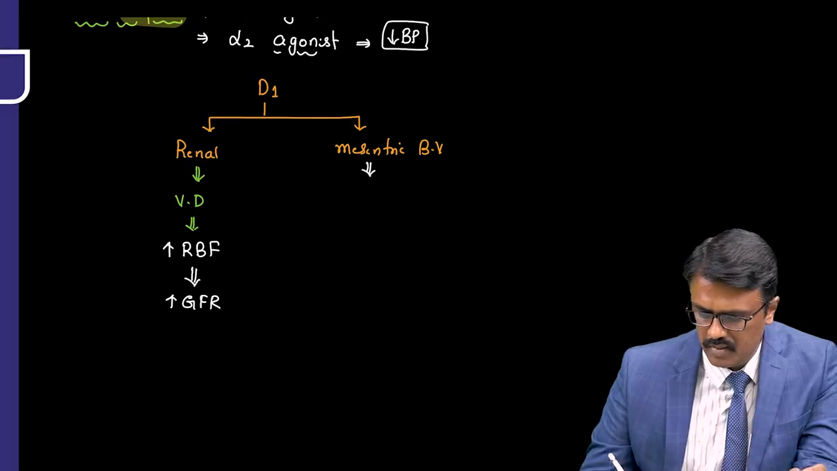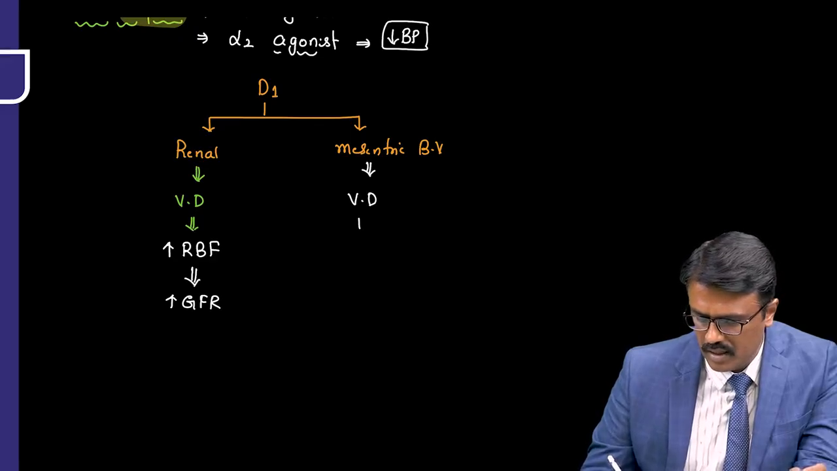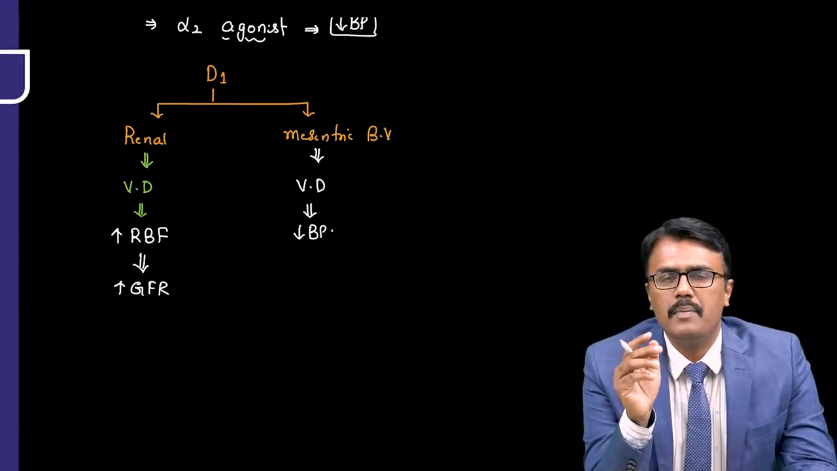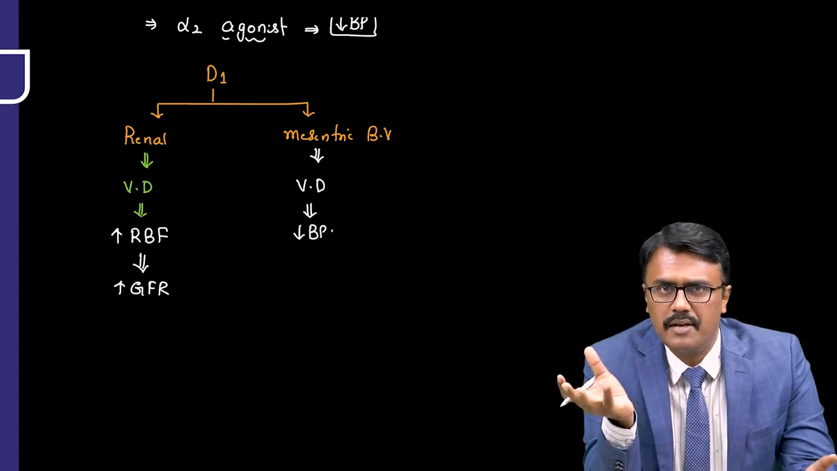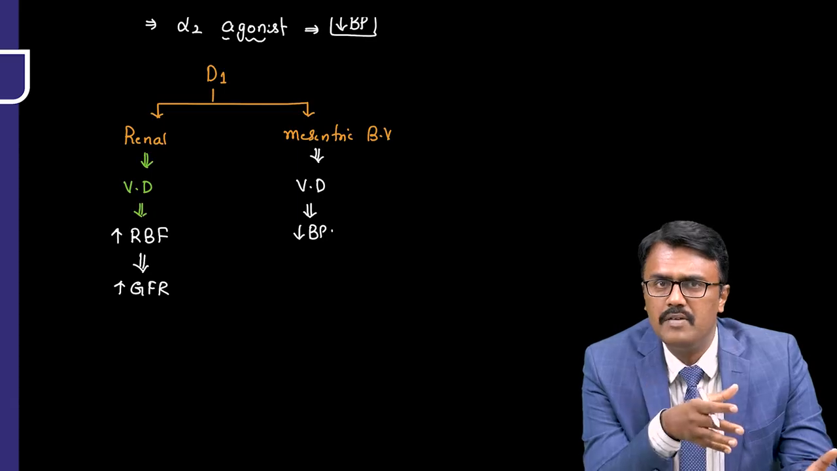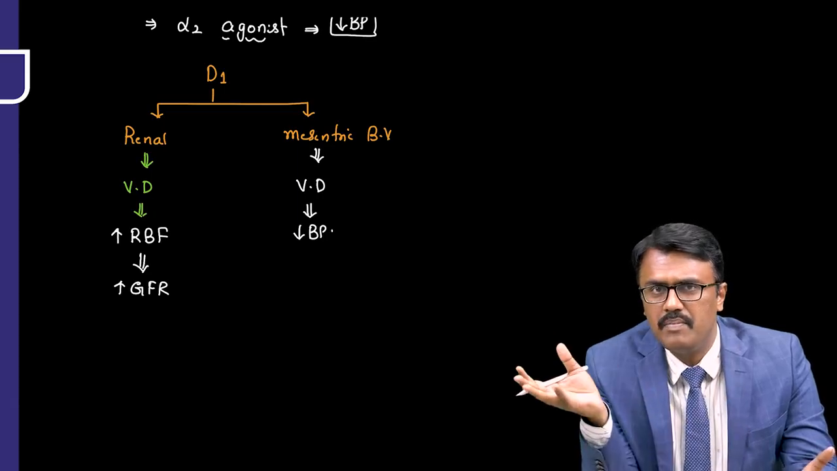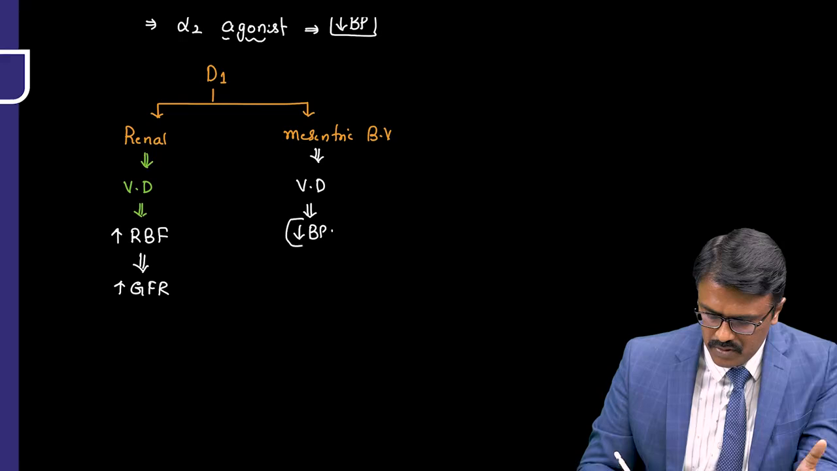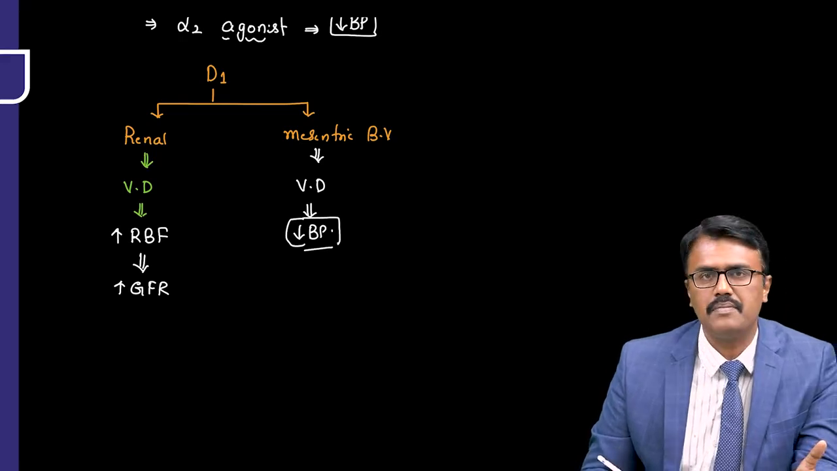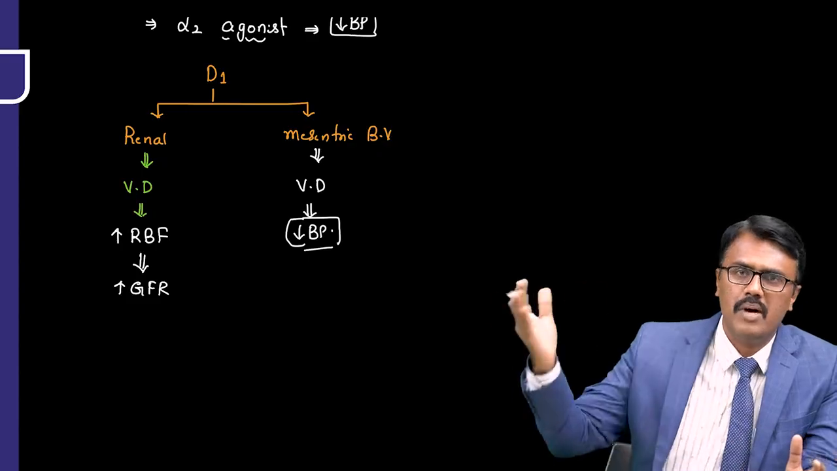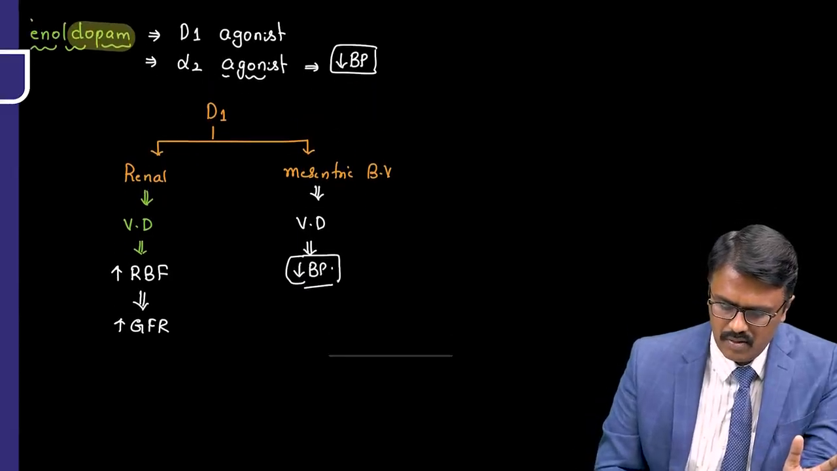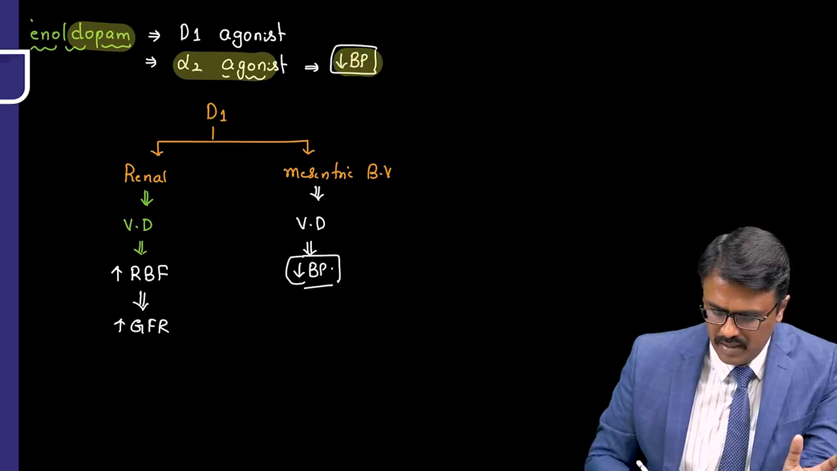Now, the mesenteric blood vessels also undergo vasodilation and it can decrease the BP. How come it will decrease the BP? Because what happens in hypertension? The peripheral blood vessels are constricted, so the pressure is high. Now, what happens if you dilate the blood vessels of the mesentery? The pressure from the periphery will come to the mesentery, so the blood pressure can decrease. So this is one more mechanism proposed for how it can decrease the blood pressure. That is redistribution of blood from high pressure area to low pressure area. That is a mechanism. Just simply remember, fenoldopam is a D1 agonist, alpha 2 agonist, decreases BP and also increases